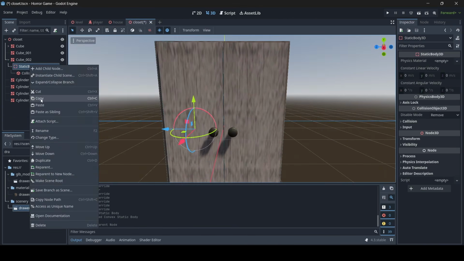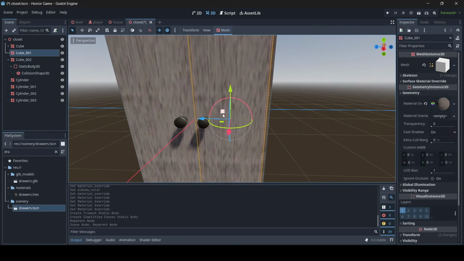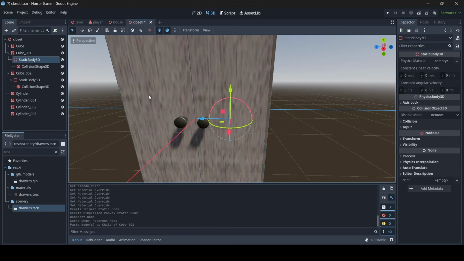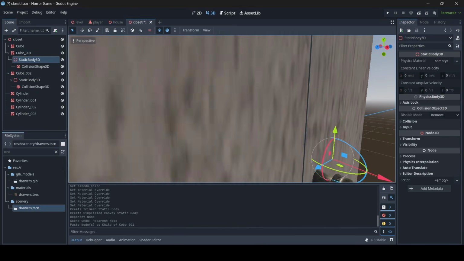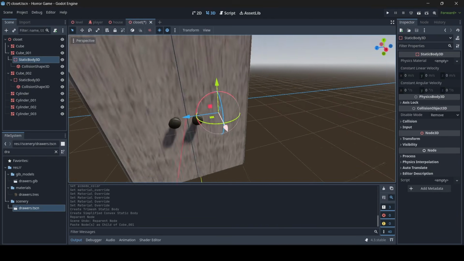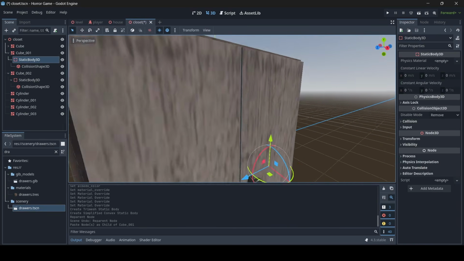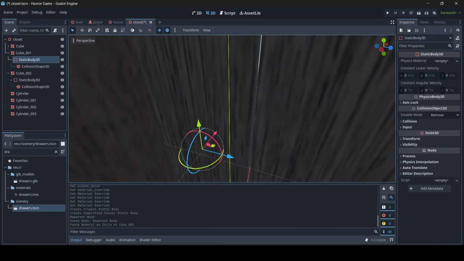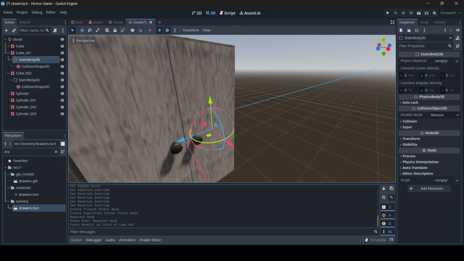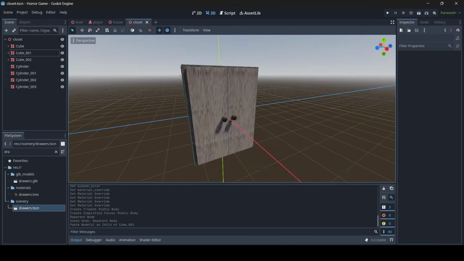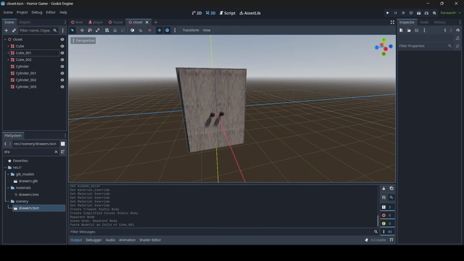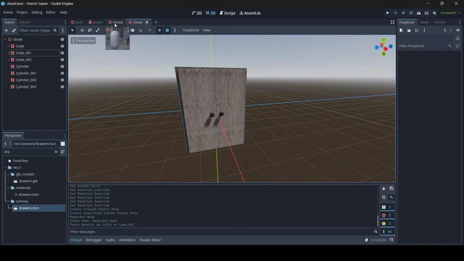And then once you do it for one door, you can pretty much just do it for the other, just by copying the static body that was created, then pasting it here, and boom. So the reason why we have different static bodies, instead of just having one static body with multiple collision shapes, is just because of how the player's going to be interacting with the doors and stuff like that, so yeah. So now that our closet is all good, we can simply go to our house scene,